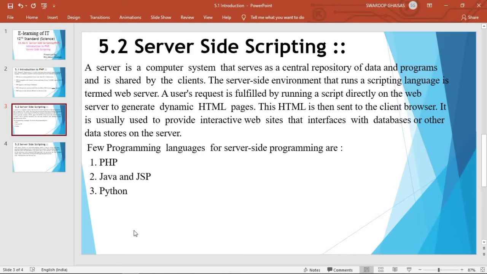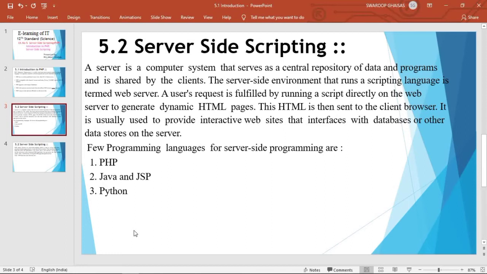Then your request is accessed with the help of a web server. This facility provides you the dynamic support of a website, that is, dynamic HTML pages. Using HTML language only, you will have a static website. If any changes are necessary in the website, then that is possible only for the programmer, because the user or client cannot interact directly with your program. So to have dynamic HTML pages, server side scripting is necessary.